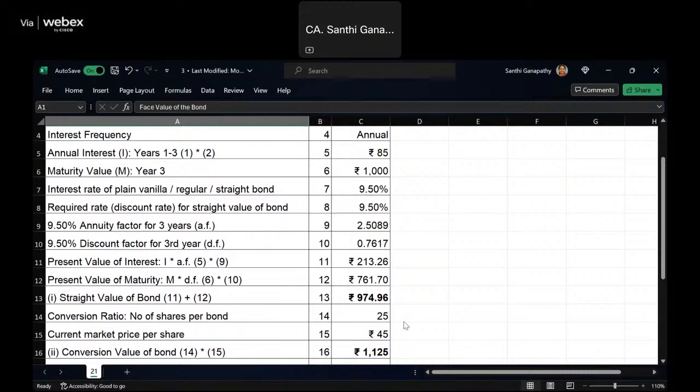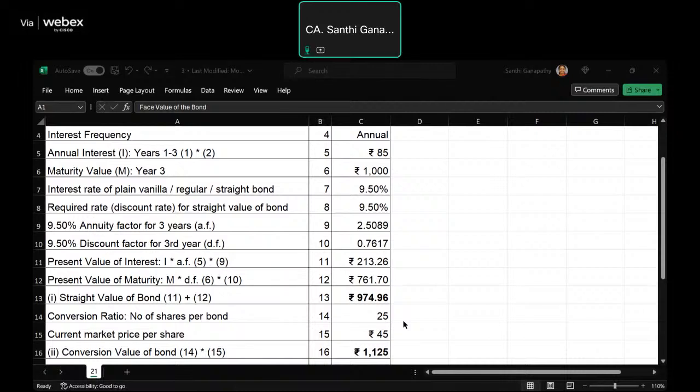The third requirement is the conversion premium. What do you mean by the conversion premium? The convertible bond has some value. The equity shares into which it can be converted have some value. Conversion premium is the amount by which the price of a convertible bond exceeds the current market value of the equity shares into which it can be converted. So a convertible bond is generally sold at a premium over the equity conversion value.